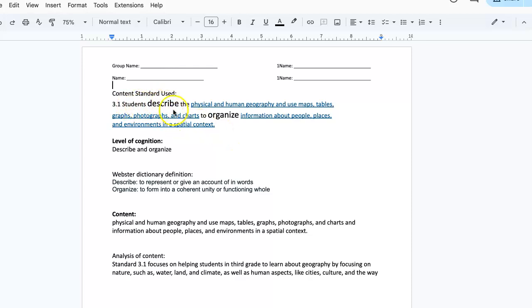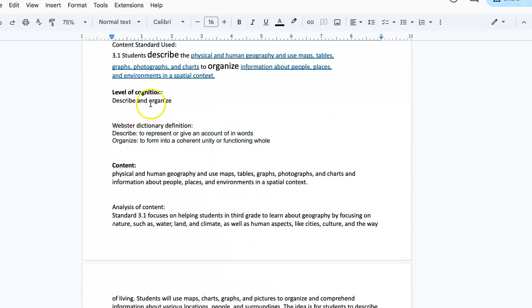Now, with this standard, I read the whole thing through, and I then focused on the level of cognition, which is what the students are expected to do or their action. So in this case, students will describe and organize. Now, in order to make sure that the definitions that I know are the correct ones, we had to go ahead and make sure that they are the correct ones by searching them up on the Webster Dictionary definition and getting the right